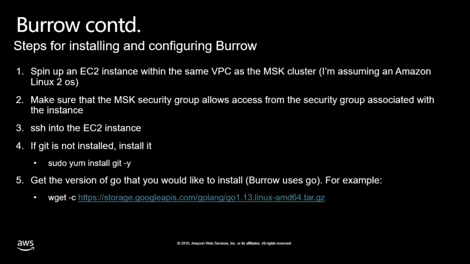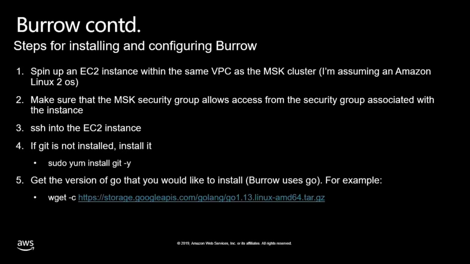Typically, when you install producers, consumers, or other tool sets on EC2 instances, you have to specify a security group for that instance, and you have to allow that security group or any EC2 instances that are members of that security group to be able to connect to the security group that is associated with MSK. So in this case, for Burrow,